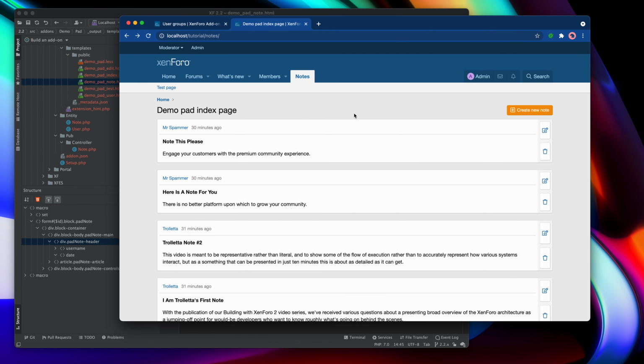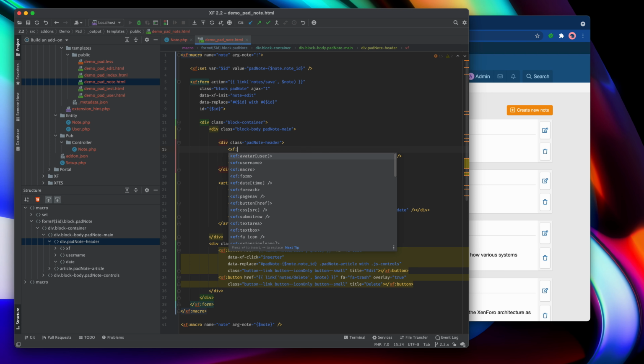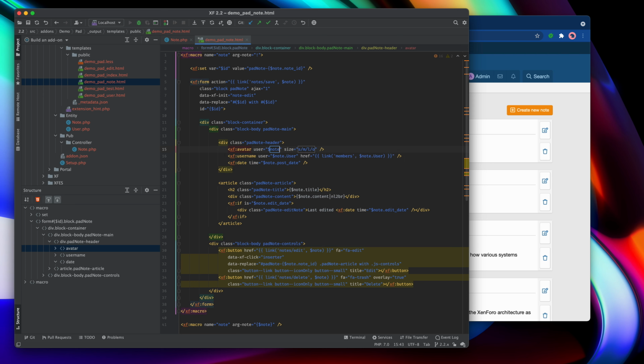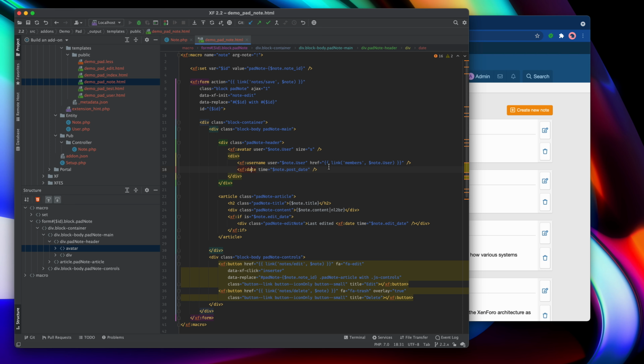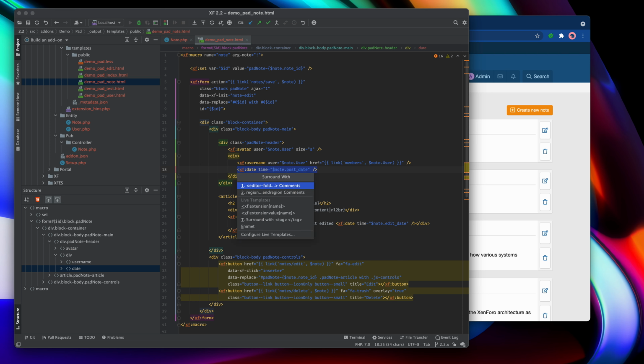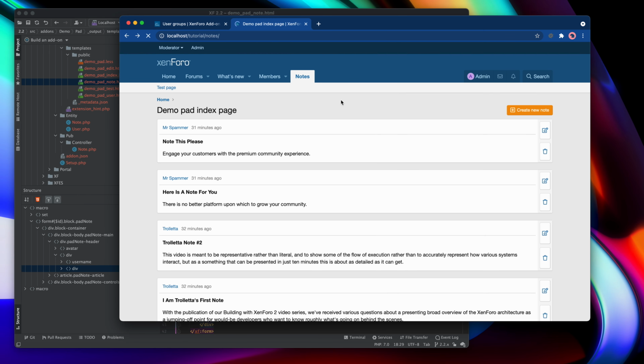Let's improve the visuals a little by adding an avatar next to the username here. That's really very straightforward. We'll just come back to the template, and right next to where we use the XF username there, we'll use an XF avatar, and this time we'll pass the note.user again, and we'll select a small avatar. And then I happen to know that the PadNote header class is display flex, so we should be able to just wrap the next bits into a single div, and then maybe wrap that one with a div as well, and then we'll get something that looks a little more pleasing.